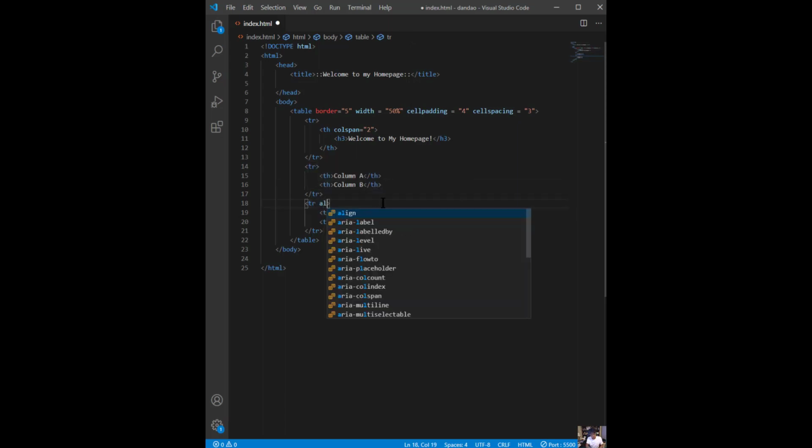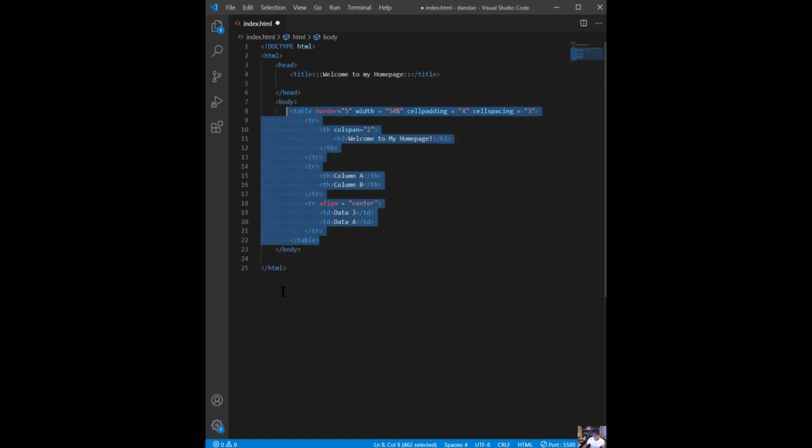This is what I'm going to go in. I'm going to do align equal, and put this thing in the center. Okay, so that's put to the center as well. So that kind of alleviates it. I'm going to end here with a table row, closing that off, and then I have the table. This whole table belongs inside of the body. Okay, so Control S